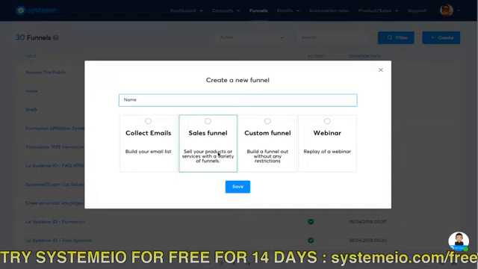With a variety of funnels, or custom funnels where you can start blank with no page and add them as you go, or a webinar funnel, a typical webinar where they register to the webinar, and they receive an email to see it. If they miss it, they can also see the replay, etc.